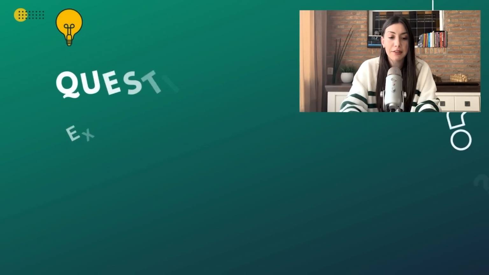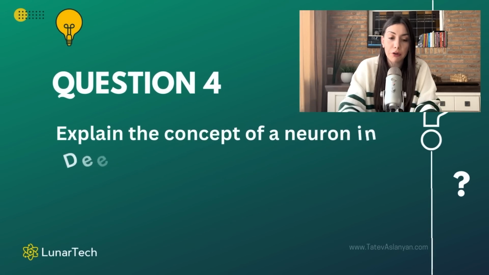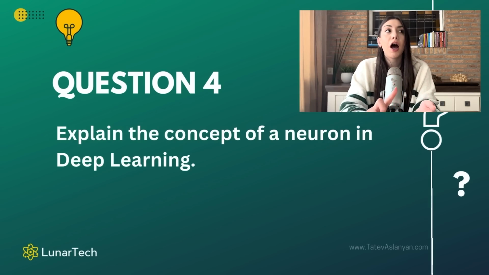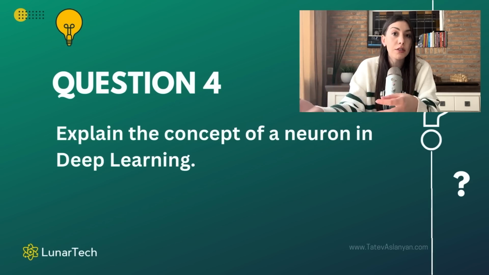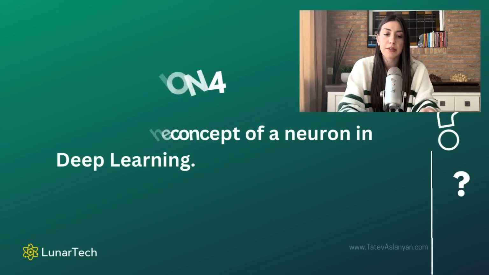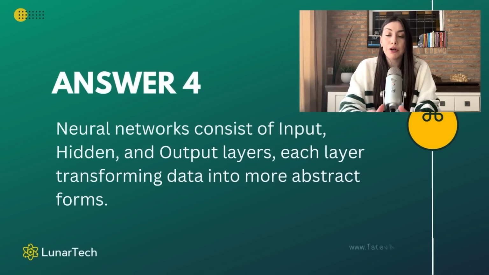The next question is, explain the concept of a neuron in deep learning. In this question, the interviewer wants to hear about the concept of weights, the concept of bias factors, how they are used in order to obtain the so-called z-scores, and how the activation functions are used to obtain activations, and what is the point of these weights and the bias factors and relationship to the learning process. So a neuron in deep learning,